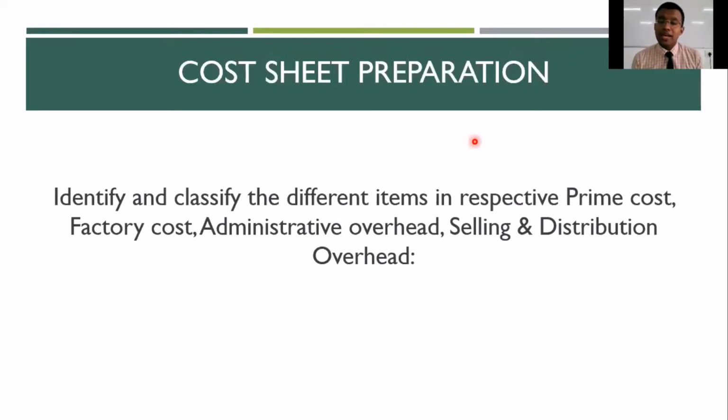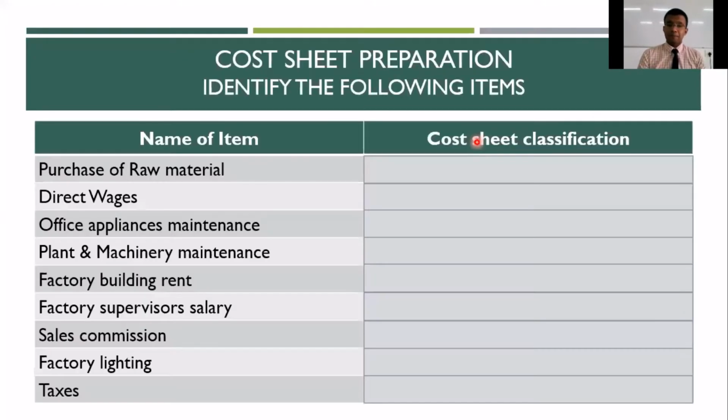Now, I want all of you to carry out this exercise sincerely. The reason being, once you start off with your cost sheet preparation, we will not be able to spend detailed time in identifying these items individually. So for us to be in a comfortable position to identify the cost, it is extremely important for us to be at a stage where we know which category of cost this will fall under. So I will show you some of the expenses. You should be in a position to identify whether it belongs to prime cost, factory cost, administrative overhead, or selling and distribution overhead. Okay, so here goes the list of items.